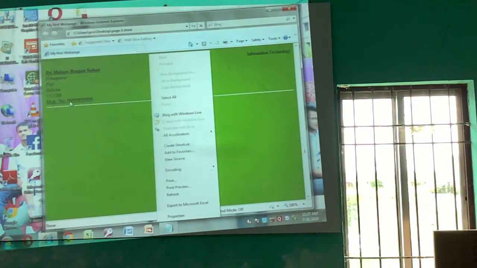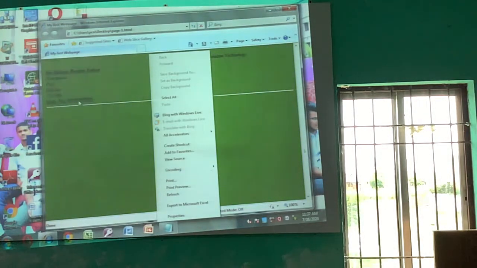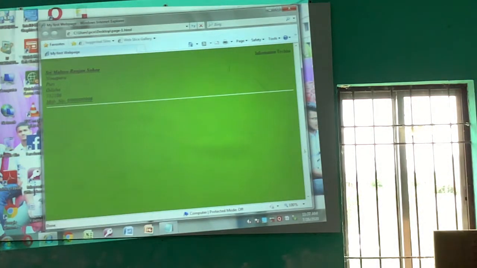So before refreshing, see the output. Okay, the mobile number is also displayed in italic, and with the U tag, it is displayed both in underlined as well as italicized letters.